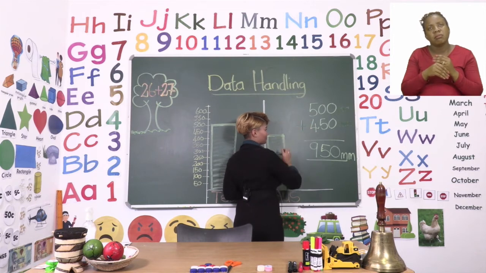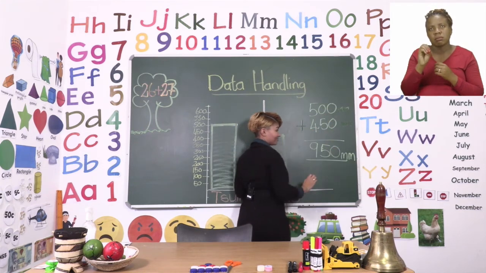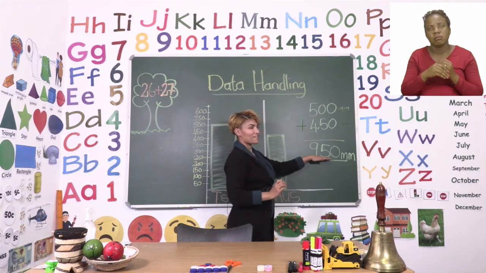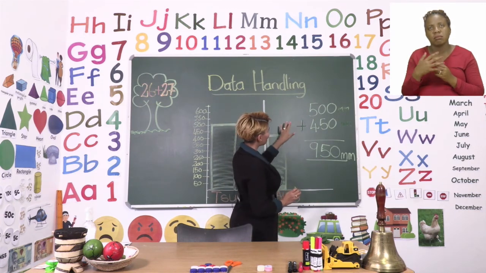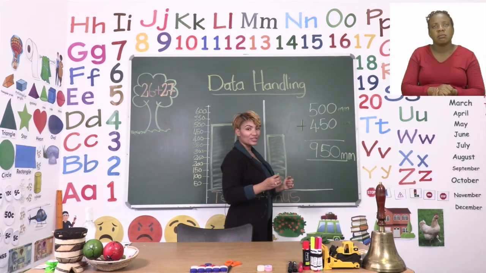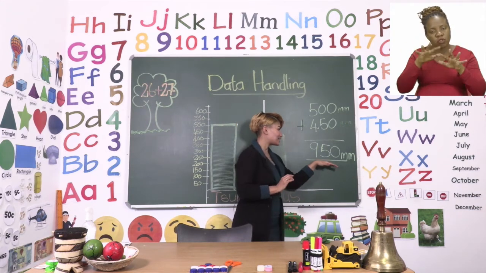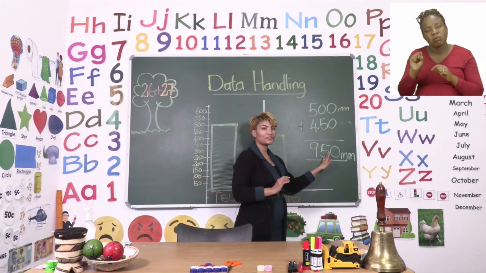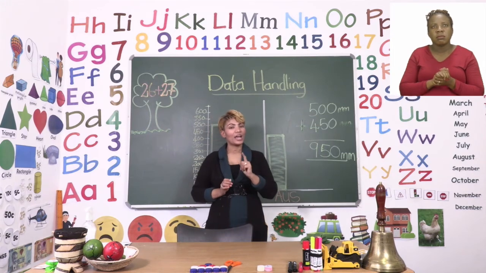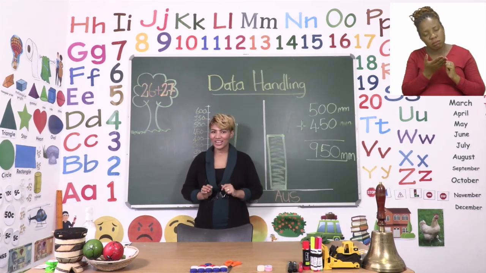Remember, adding. So we say 0 plus 0 is 0. 0 plus 5 equals 5. And 5 plus 4 equals 9. And there we have it, boys and girls. The total rainfall for Chumeb and Aus is 950 millimeters. Right. Now everyone, I want you to go ahead and read through all the other questions, make your calculations